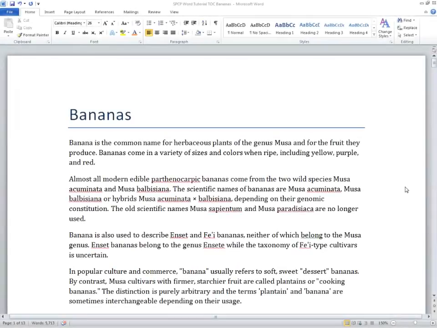The goal of this section of the training is to teach you how to command Microsoft Word to automatically generate a table of contents using the styles that we put into the document. And then once we have a table of contents, how to personalize it so that it looks the way you want it to look. To insert a table of contents, we first want to put the cursor wherever we want